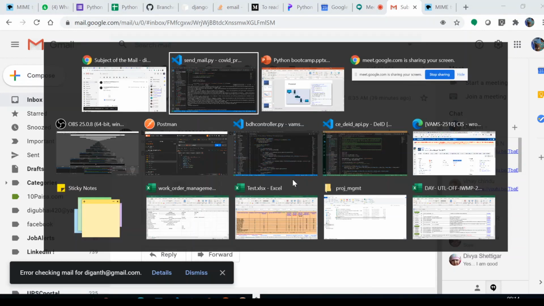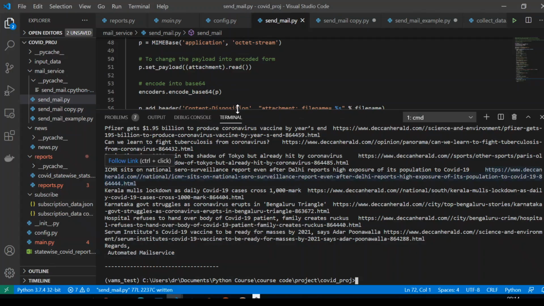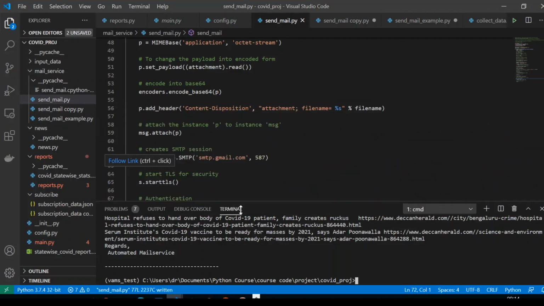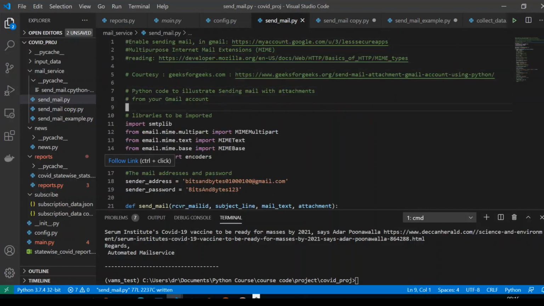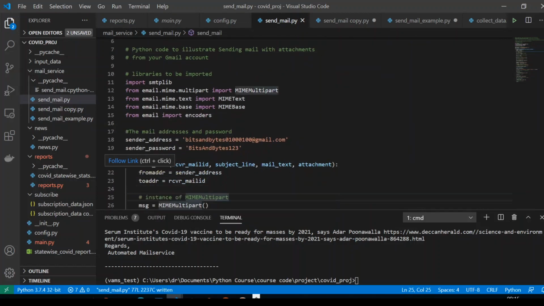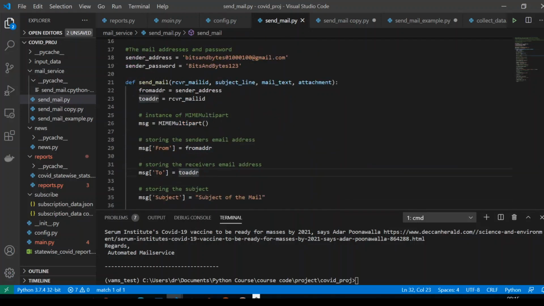Now let us plug in these things to our mailbox. Where is that send mail? Send mail: what is the receiver email ID? Receiver email ID is plugged in. Good. The subject line is not plugged in anywhere, so let us look at the subject line. Let us remove this.